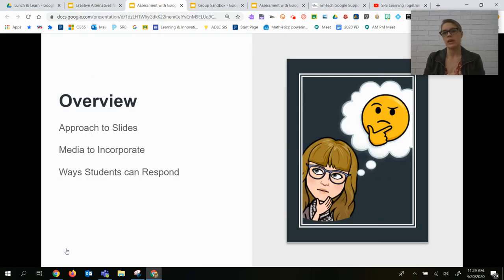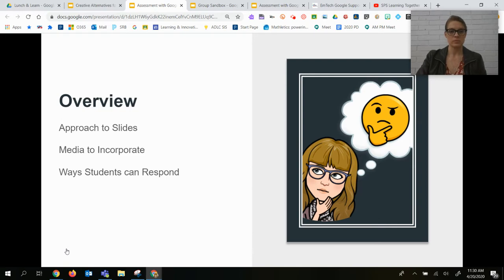So what we're going to do together is we're going to take a look, we're going to tweak our thinking of slides, like just kind of how can we think about them a little bit different. We are going to take a look at the different media and the different things that can be included in Google Slides so that you can design them quite intentionally. And then we'll take a look at, again, how can students respond with slides and what could activities actually look like, or some suggestions around types of activities so that you can hit the ground running when you're designing your